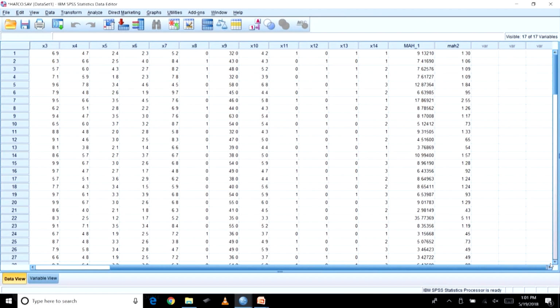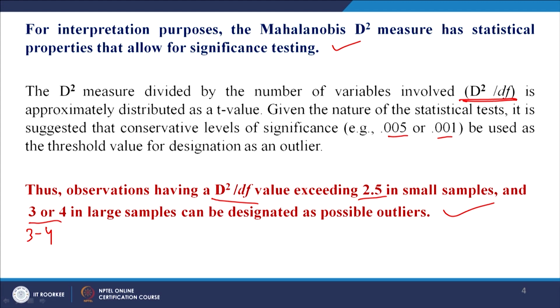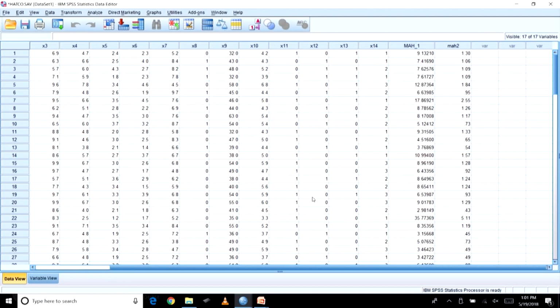Yes. Now you see a new value has been created. This value is nothing but d square by degree of freedom. Now as I had said, if you go back to the slide, a d square by degree of freedom value exceeding 2.5, or in large samples 3 or 4, is an outlier. Now let us see which are the ones more than 2.5 at least.